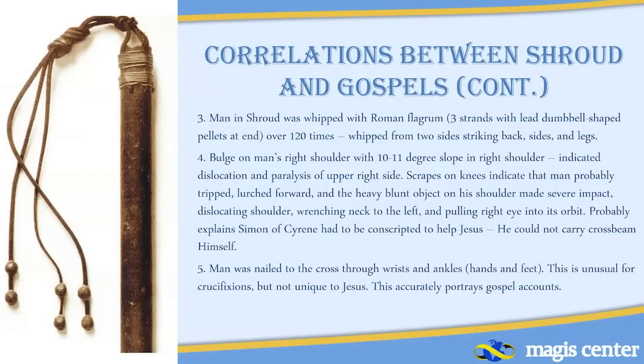We also can see from the scars on the man's knees that apparently while he was carrying this very heavy load on his right shoulder, you can see he falls. It scrapes his knee, right? He lurches forward, he falls to his knees, marked by the scrapes. Then let's say the crossbeam flies up in the air and bam, just hits him right on the right part